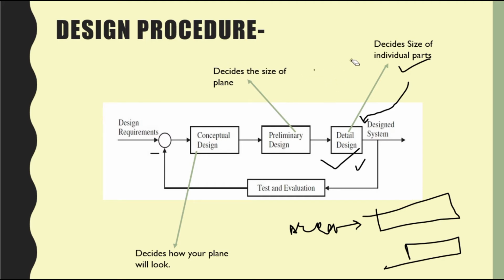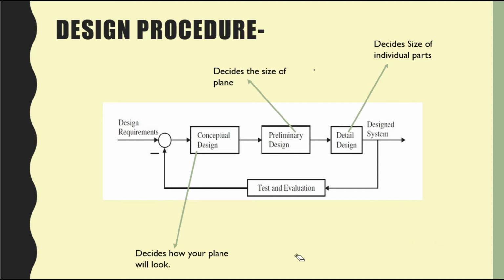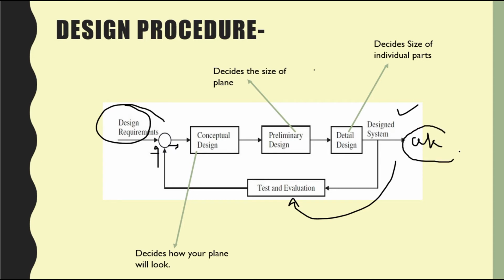Now after this procedure, let's suppose you go for analysis and figure out that your analytical calculations are not matching your results. So we'll give a feedback loop of test and evaluation to this part. After the requirements there is no need for further change. We again look at the conceptual design, and this loop continues. And if the design is okay, the product of this flow chart is the design. So if the design is okay, then we'll go for the further steps.